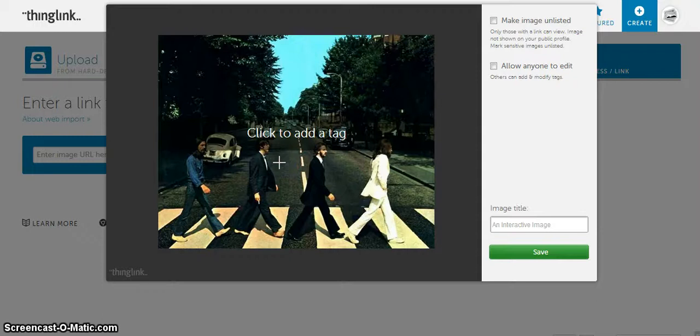So here we are. You can see this is a shot of the Beatles crossing Abbey Road, which is a very famous photograph, and I can start to add tags to that image. So the first thing I might want to do is to give people an idea who the different people on the photograph are, because not everybody's as old as me and knows who the Beatles are. So I might